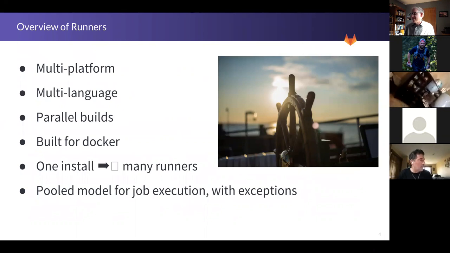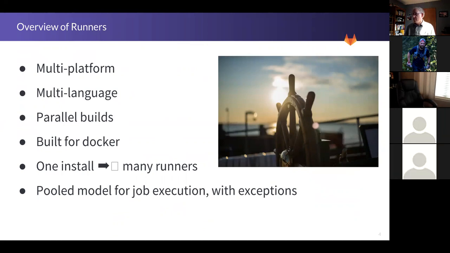these are just some ideas taken from the runner page, but they're important to understand each of these. First off, the runner is a piece of software that's multi-platform. It is written in a pretty modern language called Go that runs on basically every platform out there, so you can run the runner on almost any platform that exists.